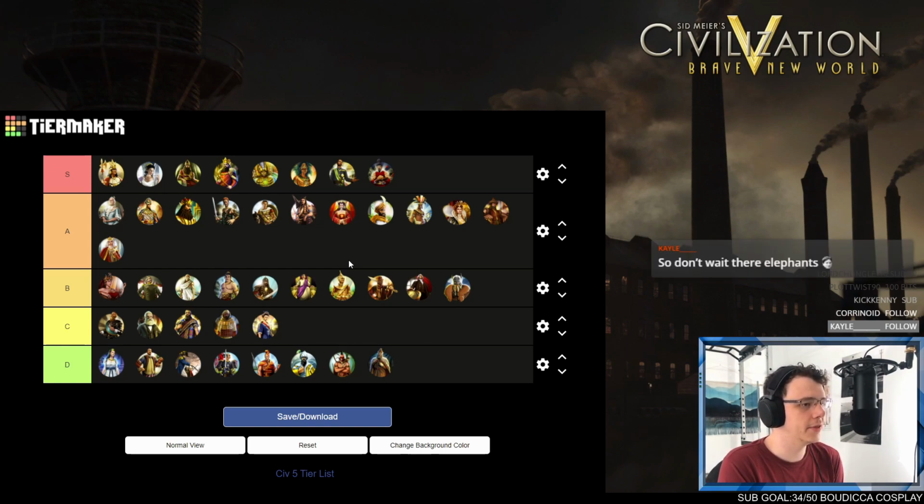Yeah. The knights are definitely very strong. And I would say that you do typically use them on defense more than you do on offense. Going a knight rush isn't really a thing. The tech cost is a lot higher than a crossbow rush. The gold cost is a lot higher. The production cost is a lot higher. And they're not like